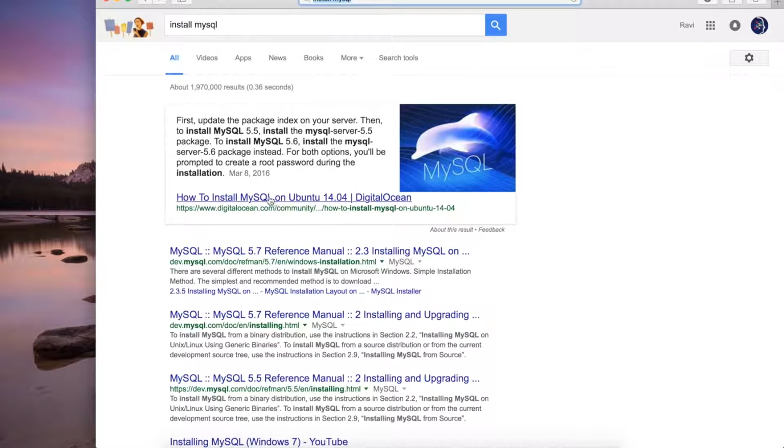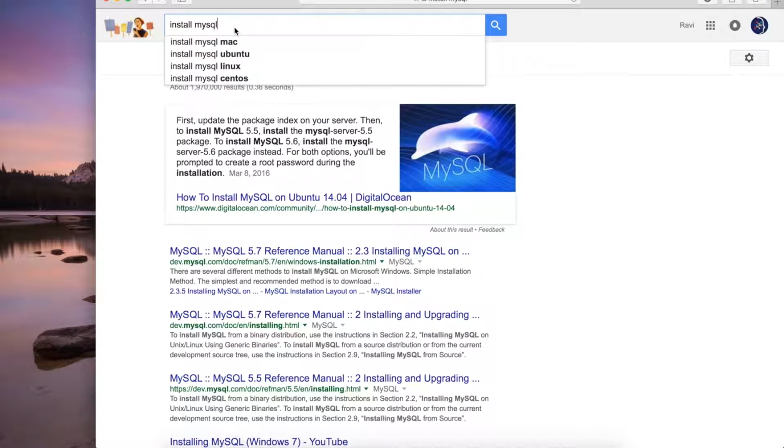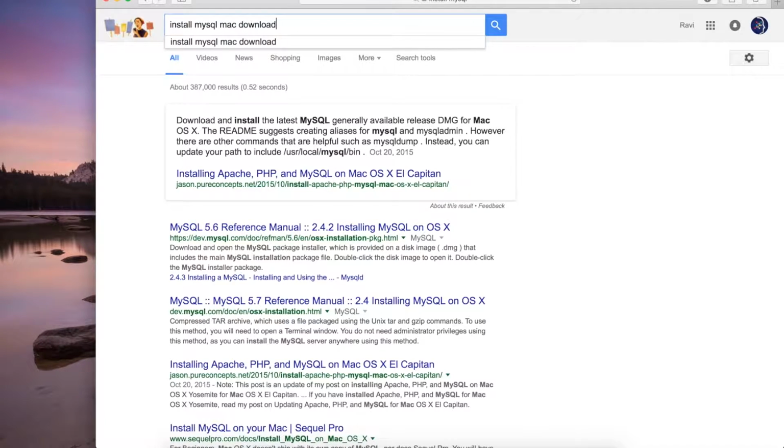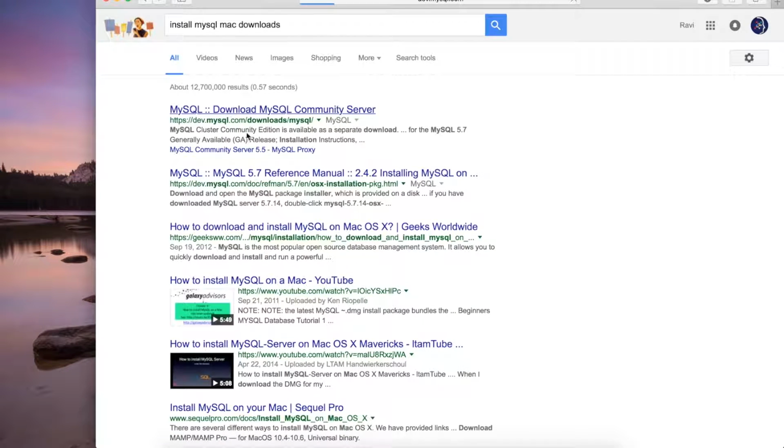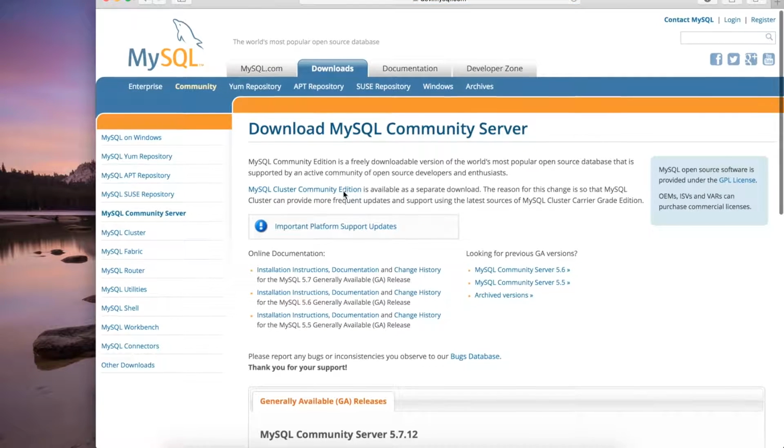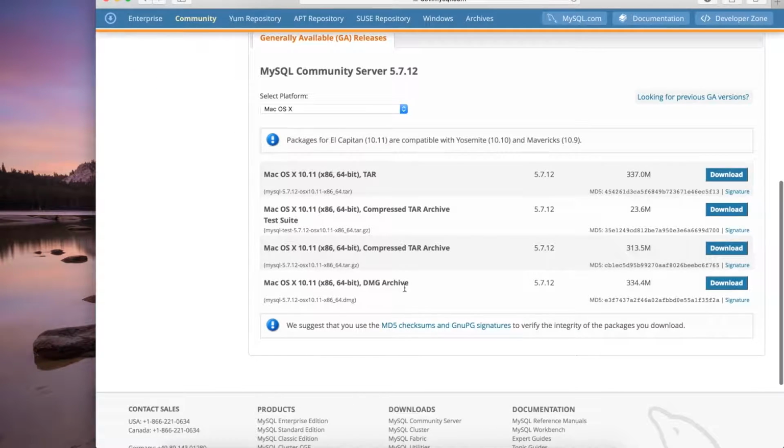and then you can go to the MySQL downloads for Mac, and you can click on that and select the DMG archive. Download it, double click, install it perfectly. If your Mac is generating a default password, accept it, but please keep a note of that